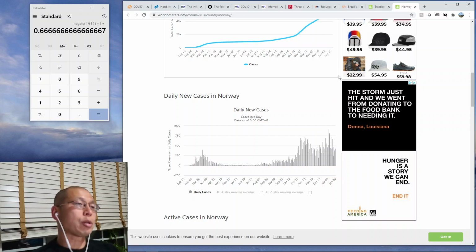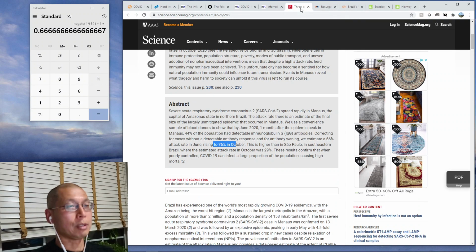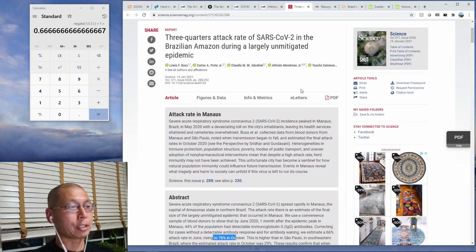So what's going on here? Why is not herd immunity working in these cases? Well, number one, I don't think Sweden actually hit a threshold where they have 70% of their population immune. This city in the Amazon in Brazil definitely got fairly high penetration of the disease, so 60 to 70%. So they should be getting it. So a couple of things